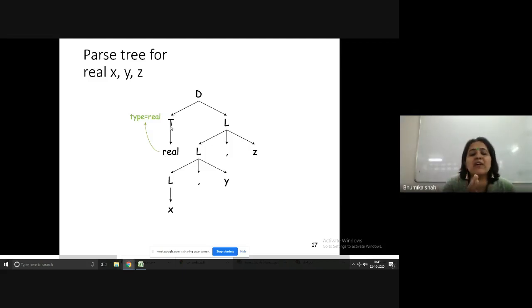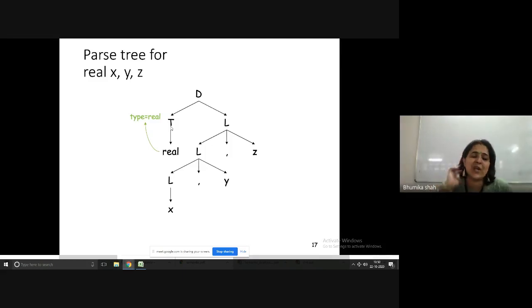So what we are going to do over here in this grammar, to make the distinction between synthesized and inherited attributes, the synthesized attribute will be called dot type, and inherited attribute will be called dot in. So we can say this is synthesized and this is inherited. We can differentiate. I repeat, the nodes which have synthesized attribute, that data type we will call dot type, and the node which has inherited attribute, that data type we will call dot in. Both are data type only, but just to indicate between synthesized and inherited, we have used two different notations.